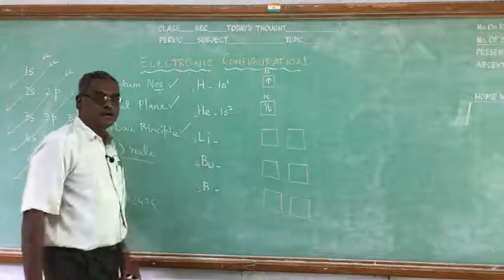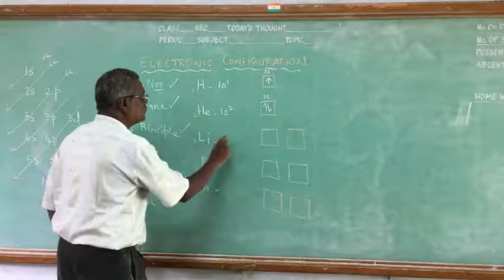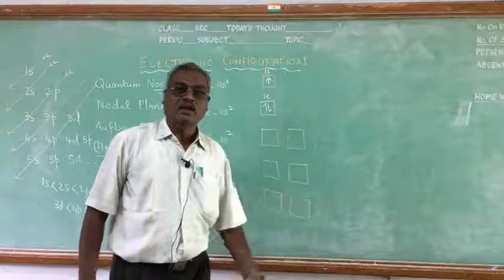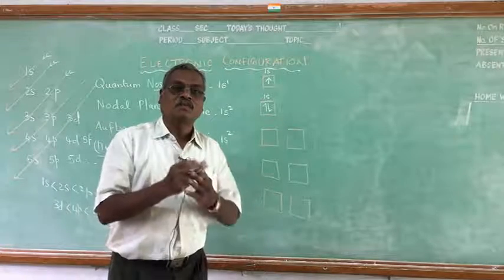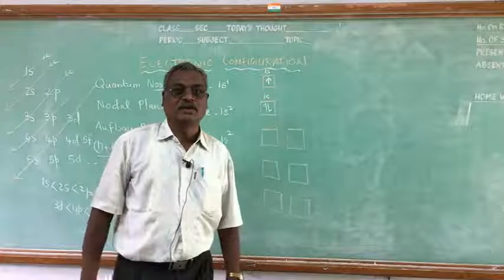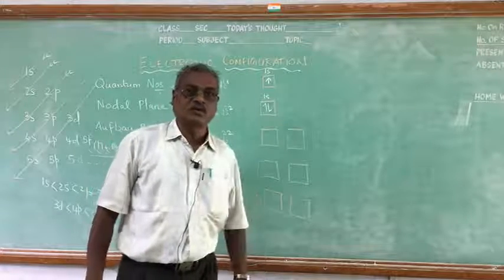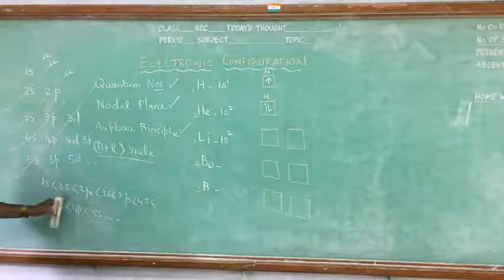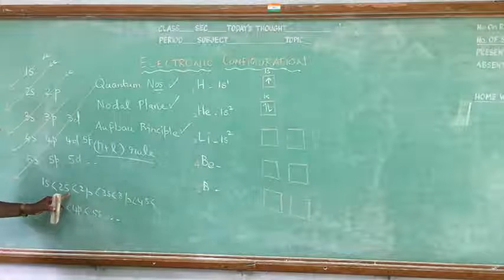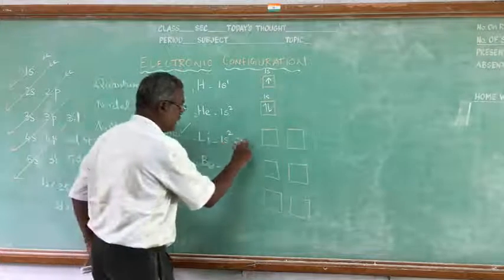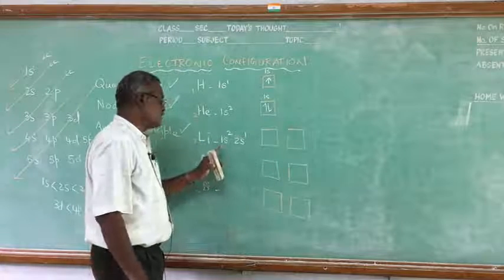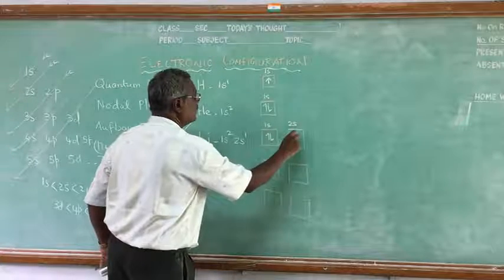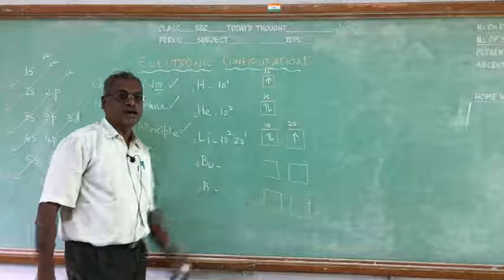Now lithium, atomic number 3. So 1s2. I cannot put 1s3. Why can I not put 1s3? Because in the K shell only 2 electrons can occupy, or any orbital, you know that 2 electrons will be the maximum capacity. So the 1s orbital already has 2 electrons. After 1s the electron will occupy which next higher energy? Next higher energy is 2s. So 2s1. So 3 electrons can be written as 1s2, 2s1. In the box diagram you put 1s, 2s, here you put 2 electrons. A single electron you have to represent by a full arrow mark.